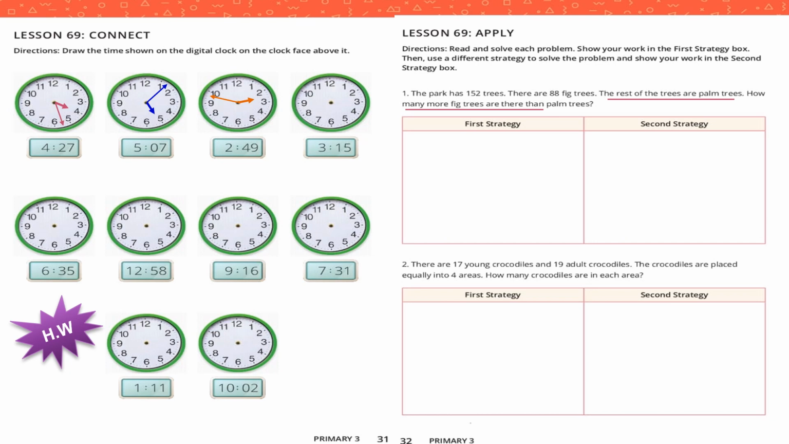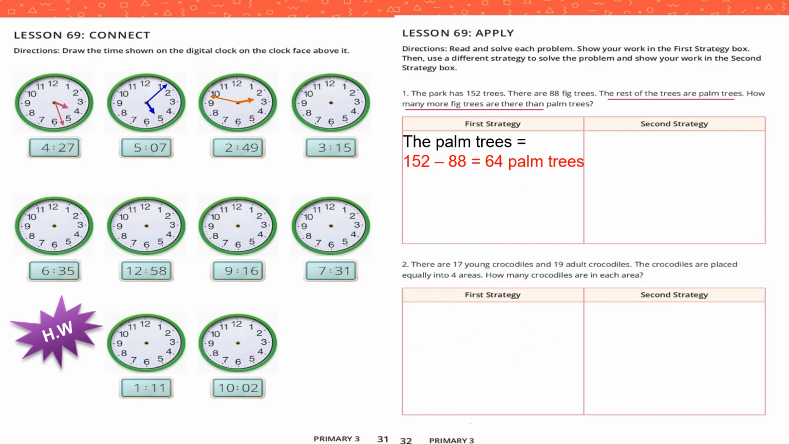So the total number of trees, 152. And there are 88 figs. Okay, 88 figs. And the rest are palm trees. So the park has the total 152. Some of them, 88 of them, are figs, and the rest will be palm. So how can I find the palm first? How can I find the palm? I will subtract